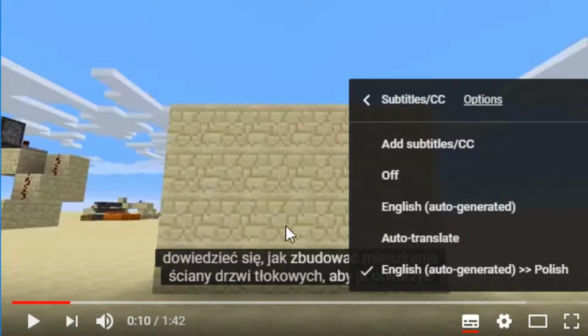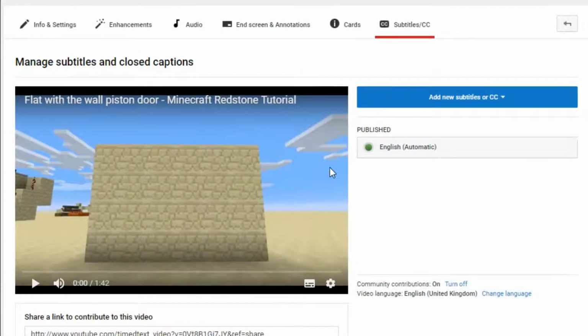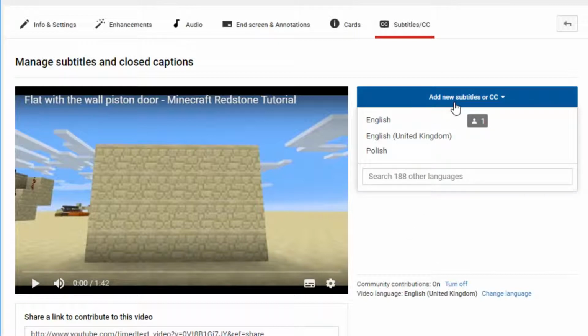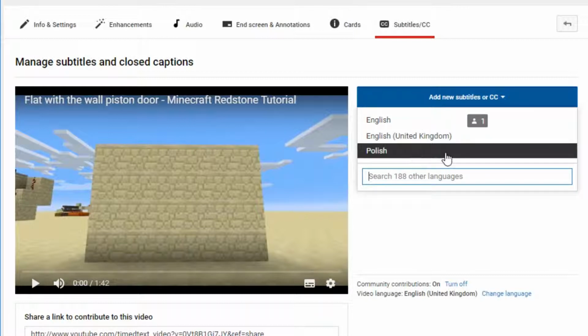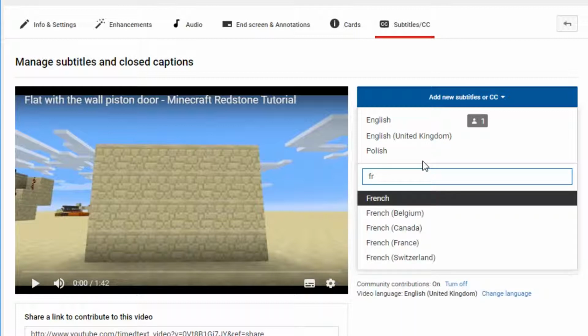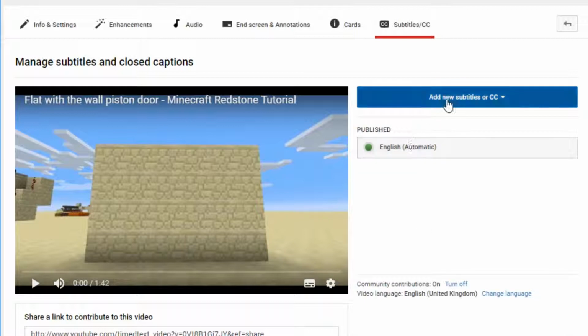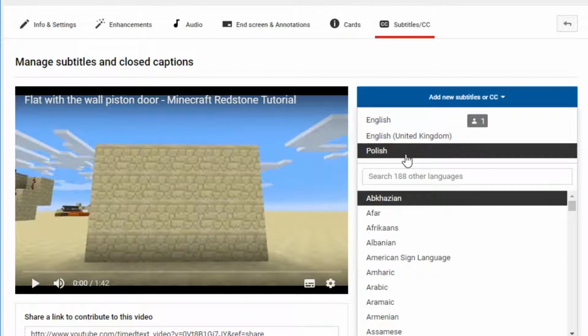So what you can do is add subtitles. Here we go into this new video window with the video here, and there are the subtitles available. You can add new subtitles, and here you can choose which ones to add, or choose another language. So if you want it in French or German, you can add it in. Here I can add, for example, Polish,